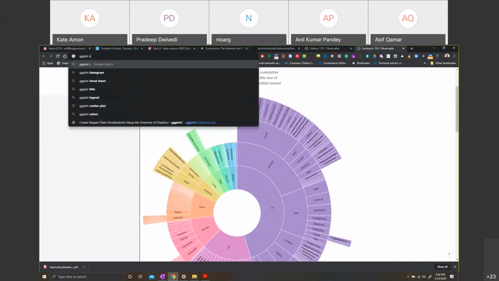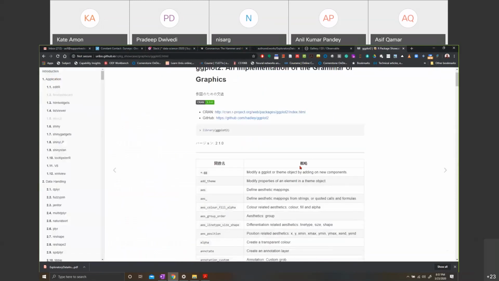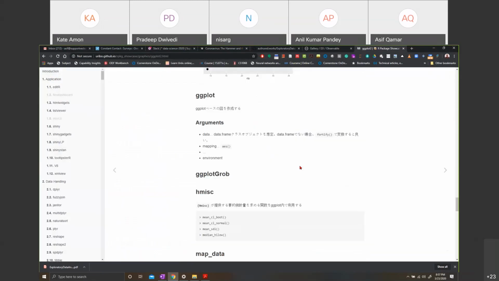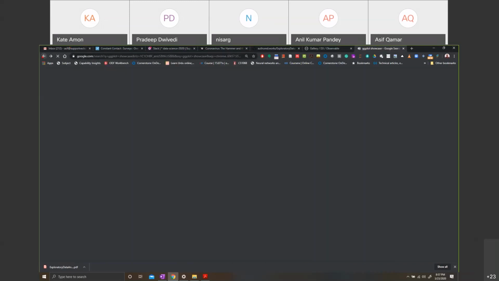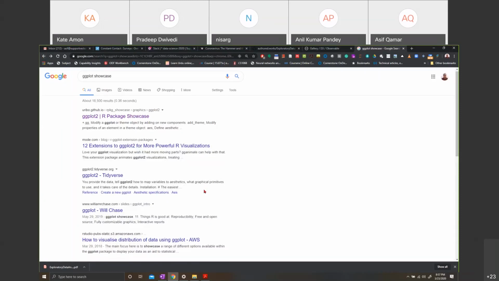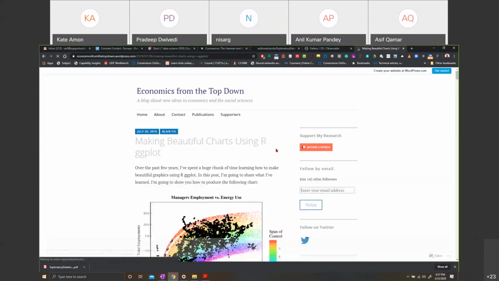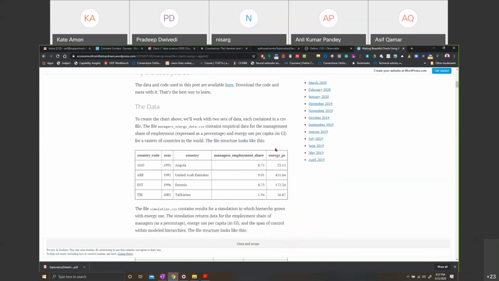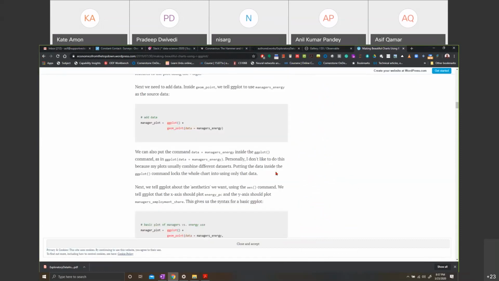ggplot showcase, R package showcase. Let's do that. Oh, I don't think this has that. No, this is just a. These are highly well documented libraries. People have done that. Tidyverse, beautiful visualize. All right, I'll just click on one of them. So here somebody has taken a data set and look at this.